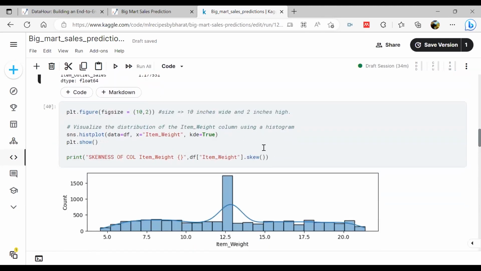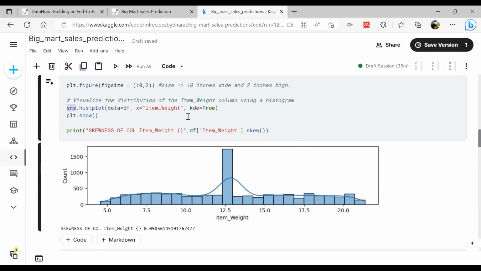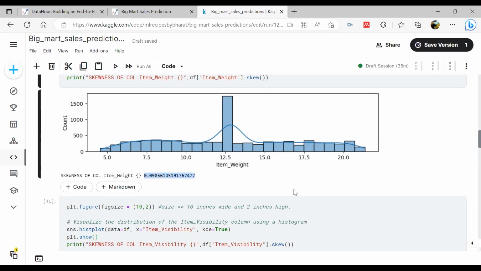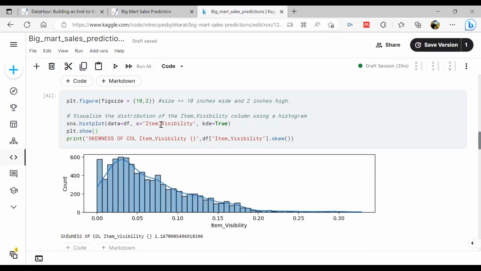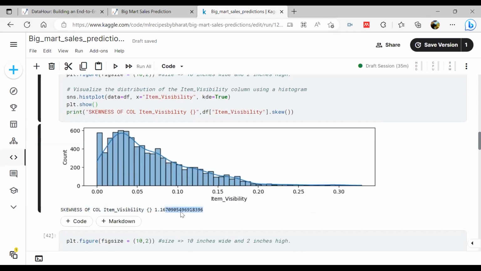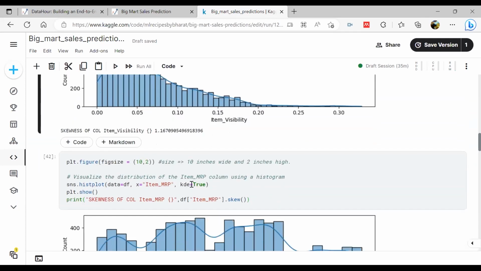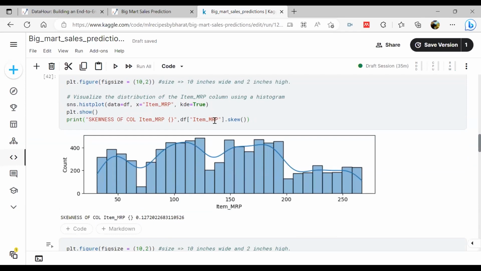In order to plot the different columns, we can use histplot from the Seaborn library to see the skewness of different columns. Under item weight, we can clearly see that it is almost a normal distribution, and the skewness is close to 0. Then for item visibility, we can clearly see that it is positively skewed. Then moving to item MRP,